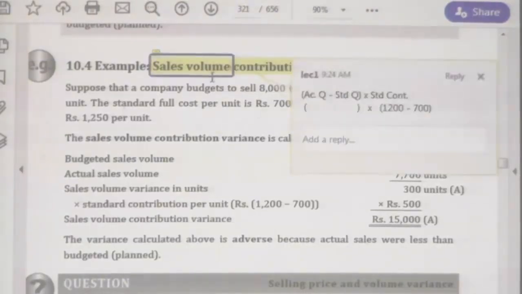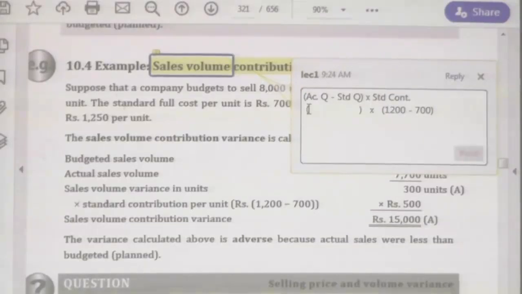Therefore, the actual quantity is 7,700 units but the standard quantity is 8,000 units. Now you can see you have sold less than you expected. Therefore, it is an adverse variance because it is a loss for you. You did not sell what you expected. It is less